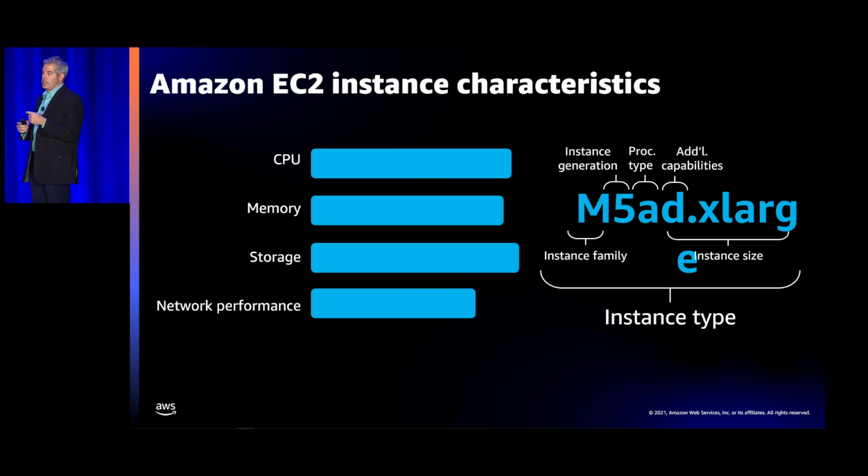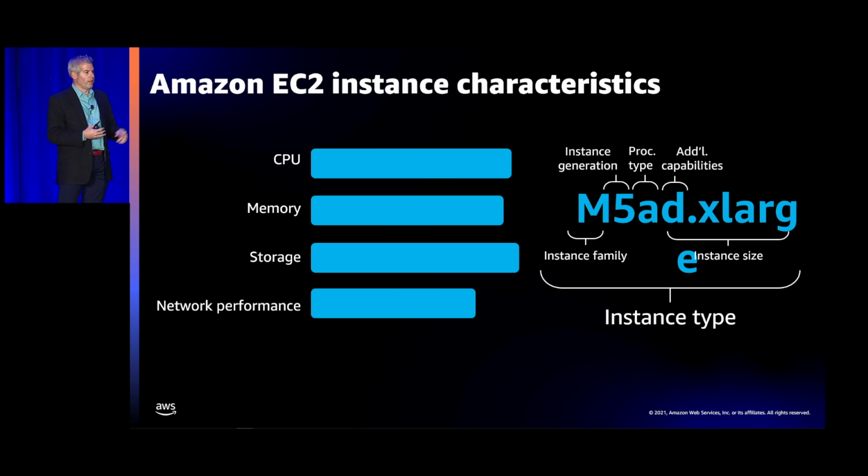The next letter is the CPU. This is a slight change that we've made this year where we've tried to demystify this further. I know somebody came up to me at the booth and said, all these crazy letters you people provide, it gets me confused. I swear we're trying to actually make it simpler for everybody with doing this. So the M, first letter again, is the family. Second is the generation. The third is the processor type. So in this case, I have an A. That's an AMD instance. If it was an I, it would be an Intel instance. Similarly, if you had a G, you would have Graviton.